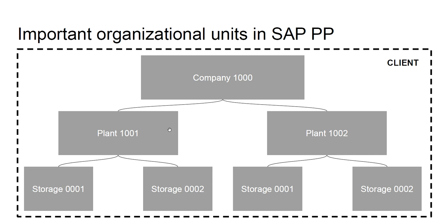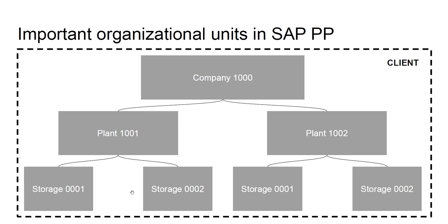And if you look at it from a physical point of view, a subsidiary might have various production plants on the field, but those would not be the plants that we talk about from an SAP perspective. Rather, it might be that we use different storage locations to describe the inventory distributed across those physical manufacturing plants